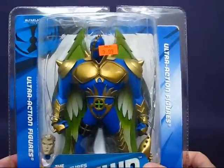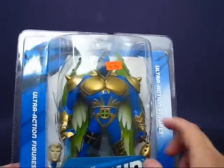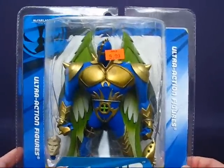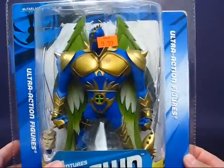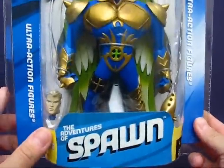I don't know if she removed it or not, but I thought she had the Redeemer, and I saw this and it reminded me of watching her video on there. And these guys were on sale for 50% off, so this guy was only $5, and I went ahead and picked this guy up. And I also had picked up